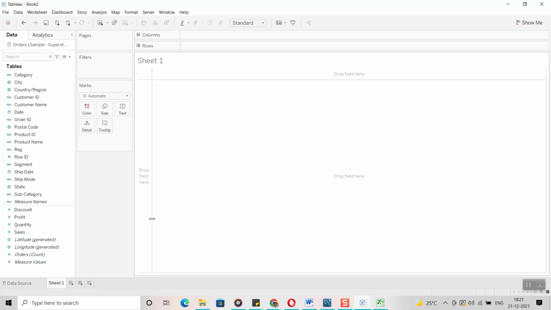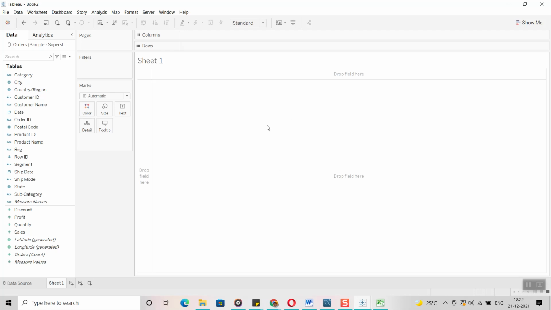In Sheet 1, this is the Tableau workspace. This is the place where you are going to create a visualization. In each worksheet, you can create only one visualization.